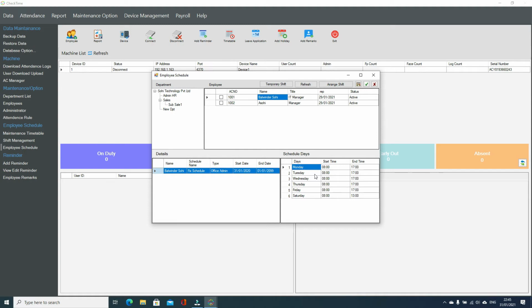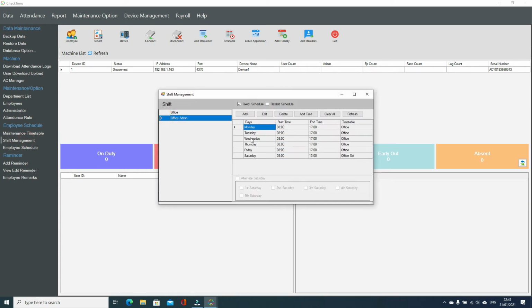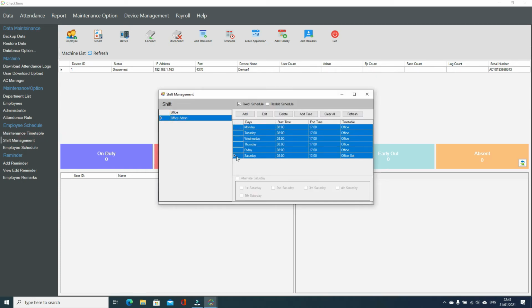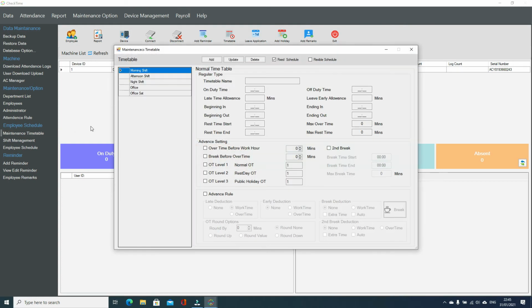Now for those people who rotate the shift, like the morning, afternoon, night shift, every week they rotate the shift, how are you going to handle that? So this is the fixed shift we created from here, for office people who come every day at the same time. Now we are going to do the rotation shift, where we directly use the timetable which we just created here.